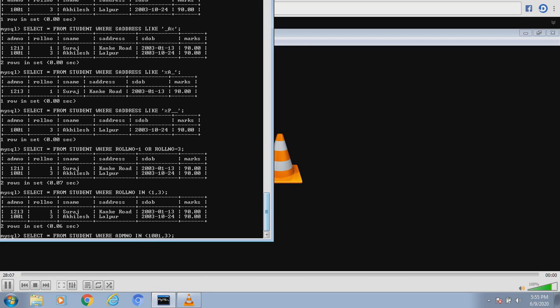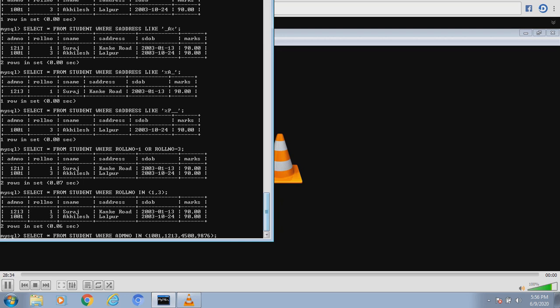Maybe I also write a few more admission numbers which are not even there in the list. There is no complaint given by this statement. It would be executed for the things which match with the records of the table. That is, even if 4500 and 9876 are not there in the table, they would not be displayed, and 1001 and 1213 are in the table, so records for them would be displayed.